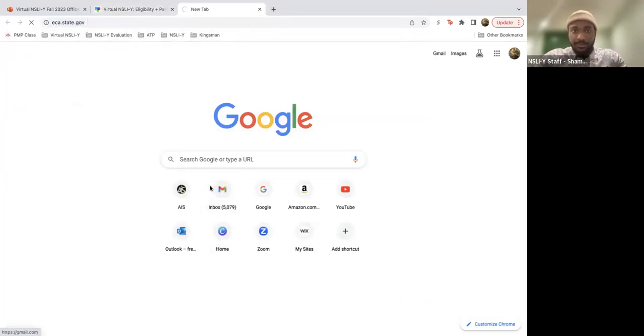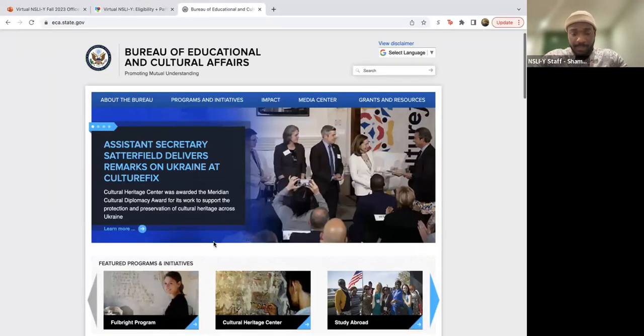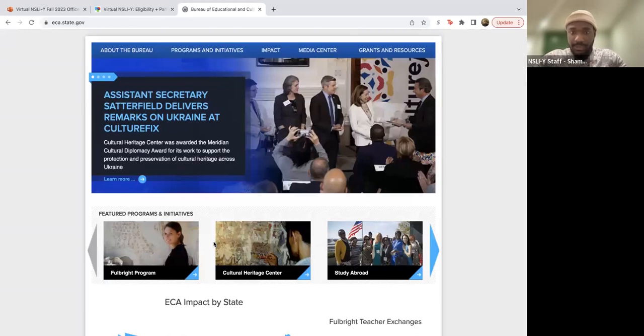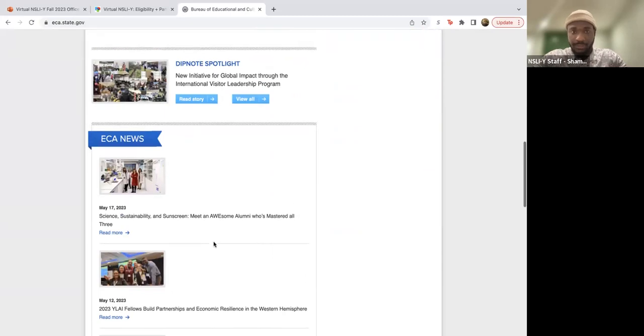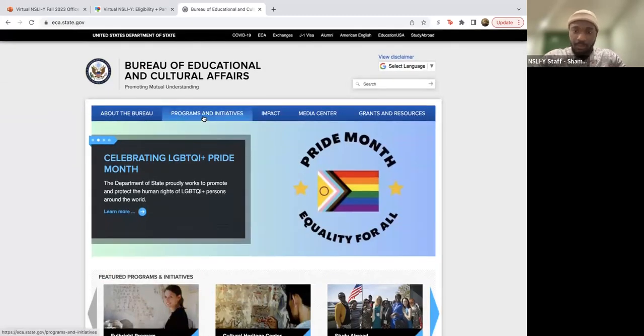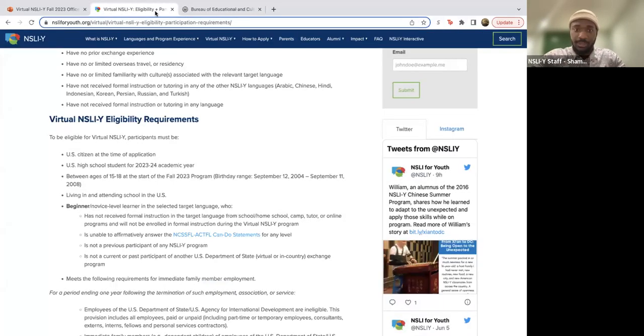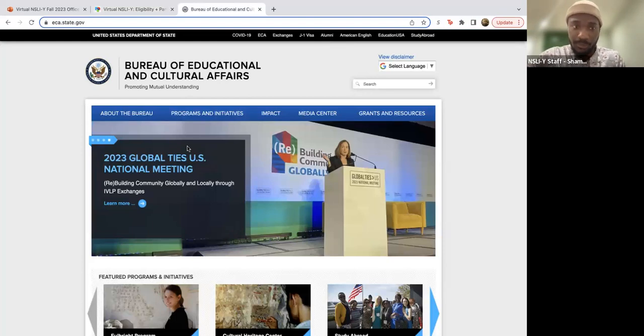There's a list of several opportunities, even possibly for non-US citizens who would like to have a scholarship program to study languages. So you can explore their website to find any programs where you may not meet the eligibility requirements for Virtual NSLI-Y, but maybe for others. NSLI-Y is still for high school students, but the ECA website has other programs for non-high school students that you can explore to study languages.